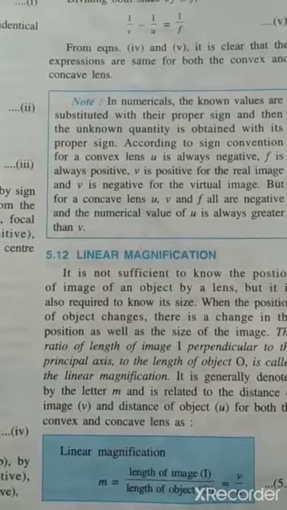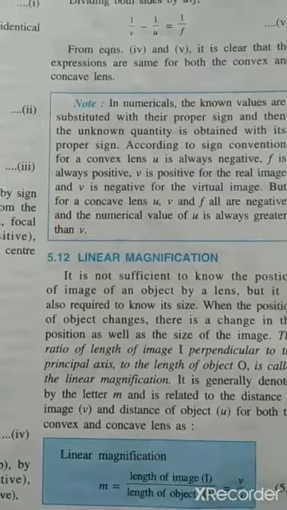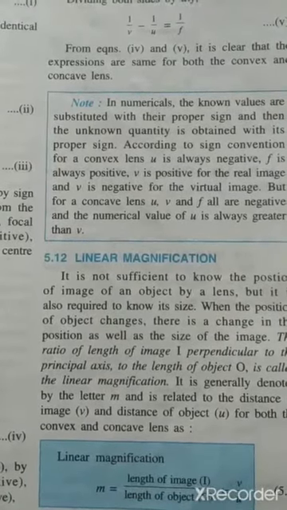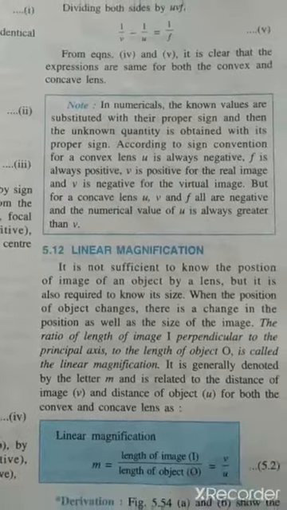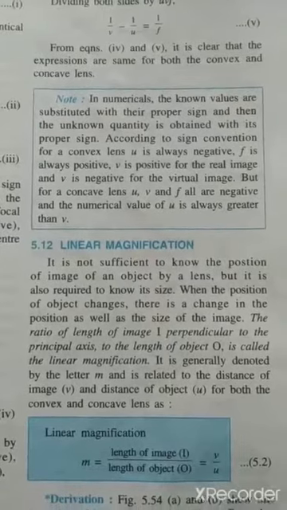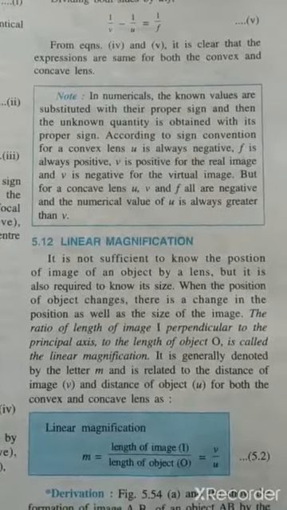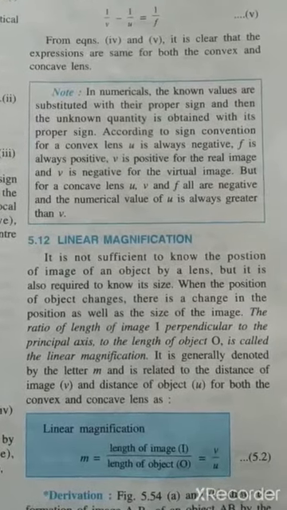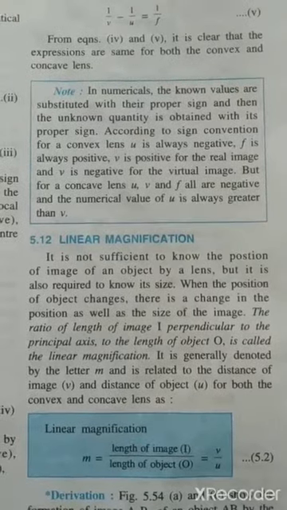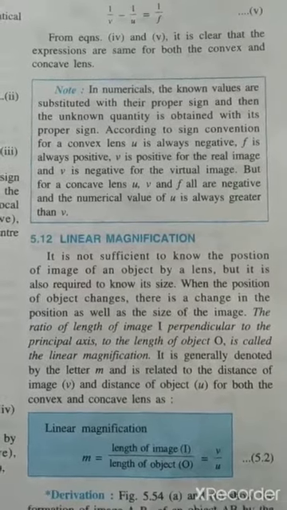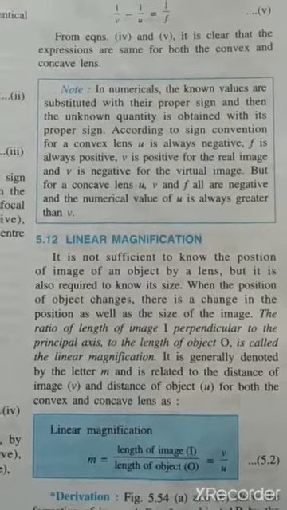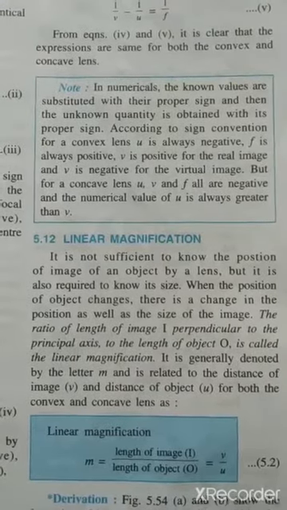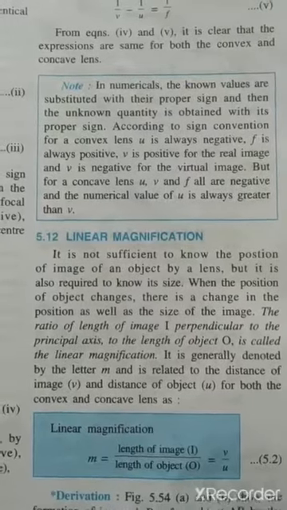So for linear magnification, in this part we don't have to go for the derivation because derivation is not included in your syllabus. What you have to cover is the formula, and you also have to know when we will take magnification as positive and when as negative, what will be the value of m for a virtual image, and for a real image what we'll take. So that we'll have to cover, and the definition of it definitely.